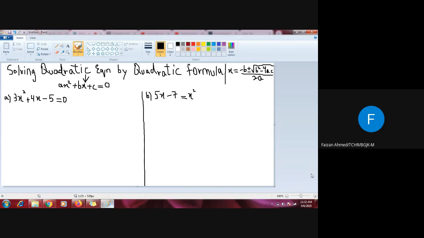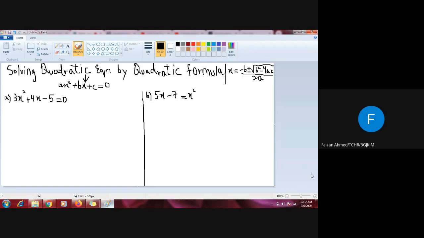We have 5 different methods which we can use to solve quadratic equations, or you can say 4 methods, because the completing square method and the taking square root method are basically related to each other. The first method was the graph method. The graph method was not a good option because it gives us approximate answers, and we have to do a lot of working for that.